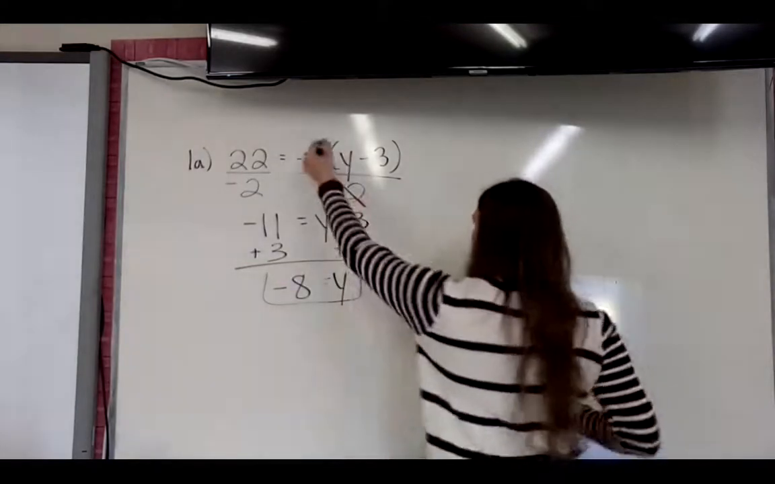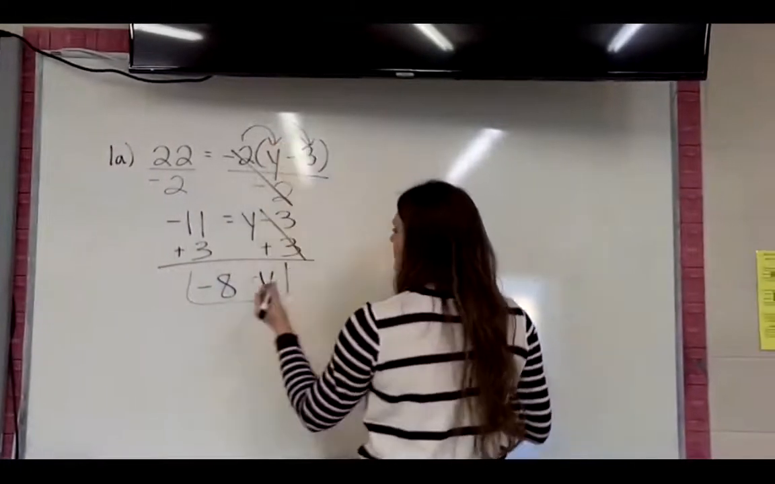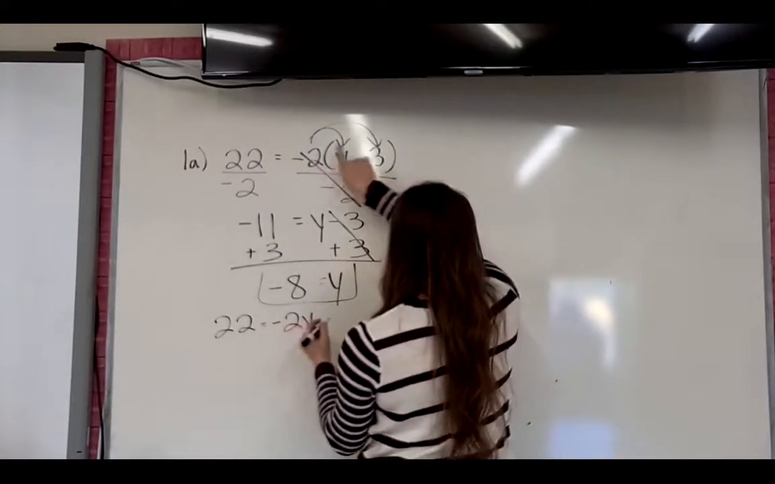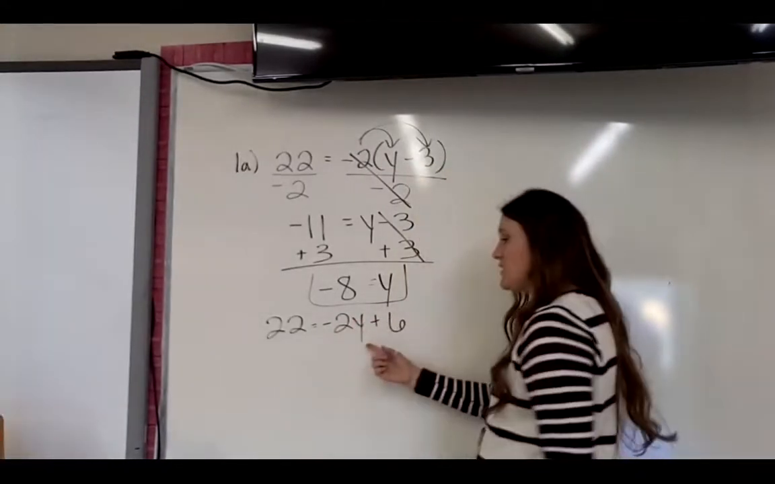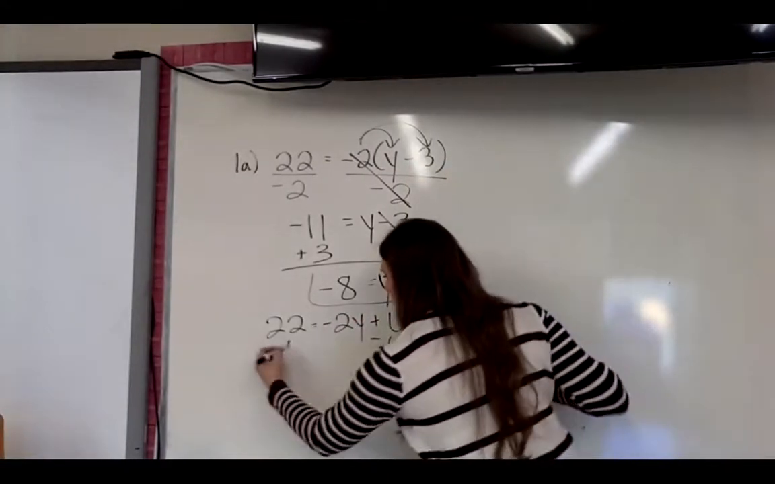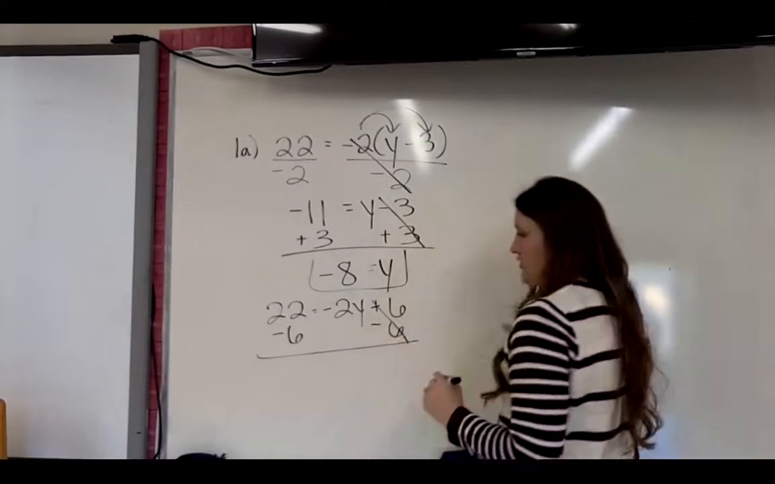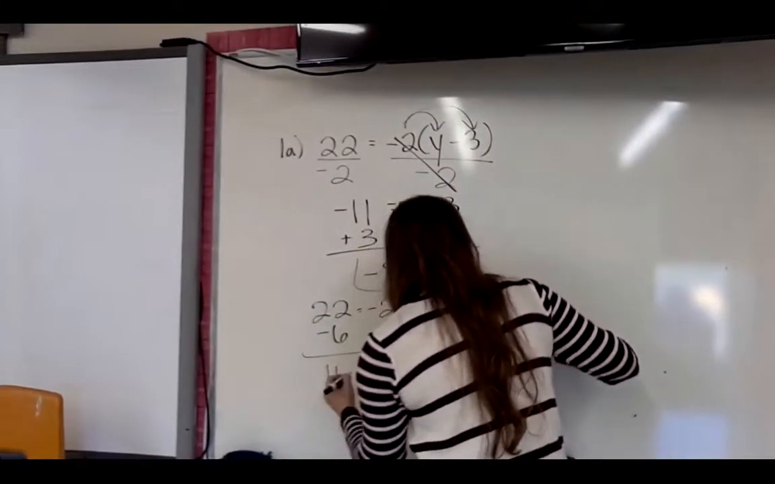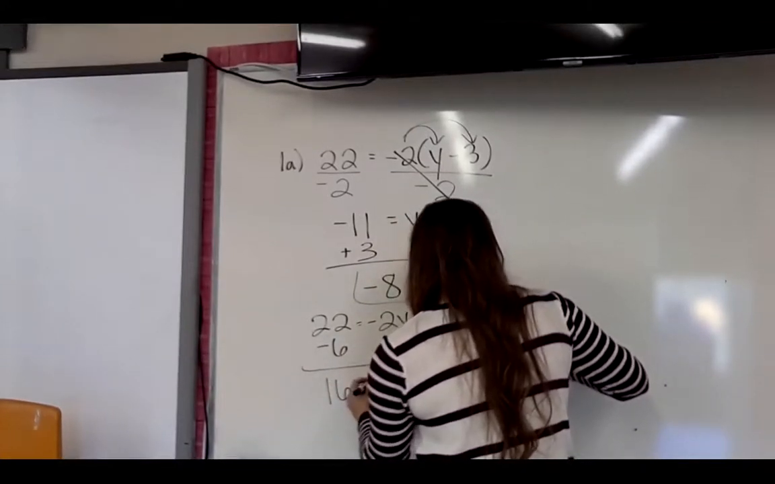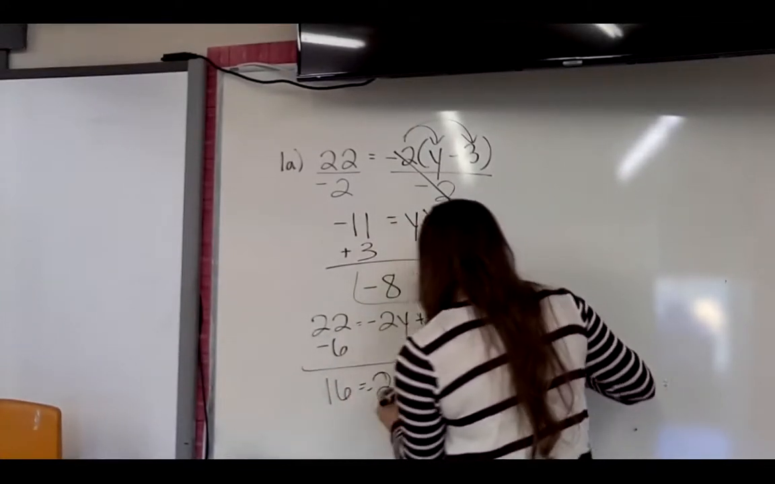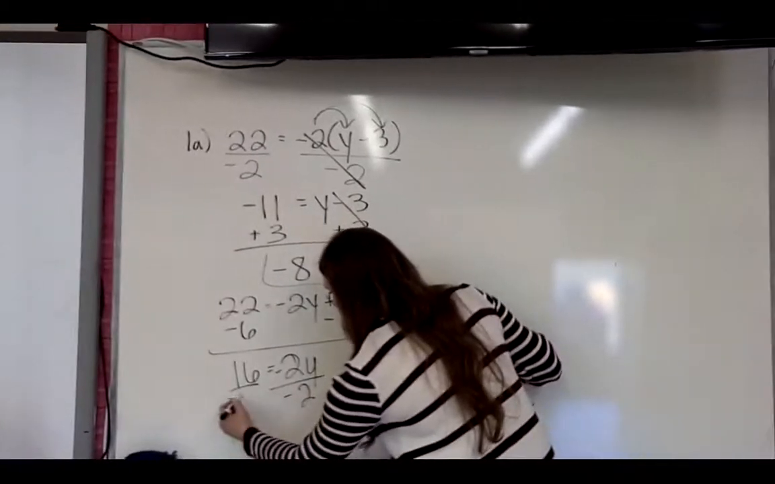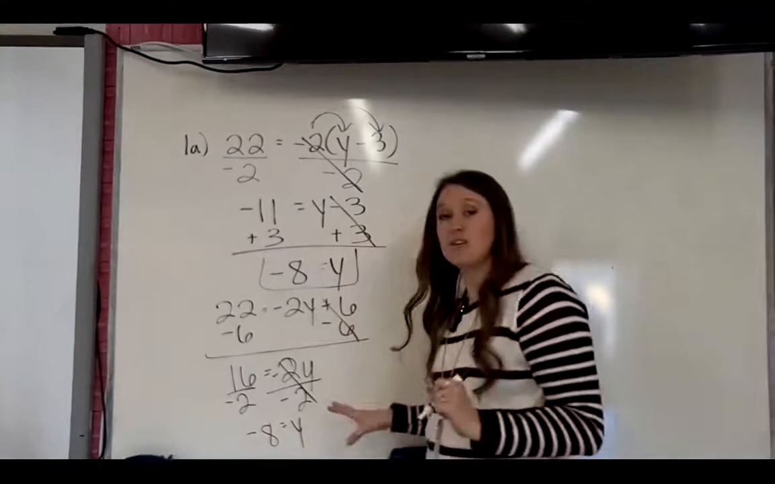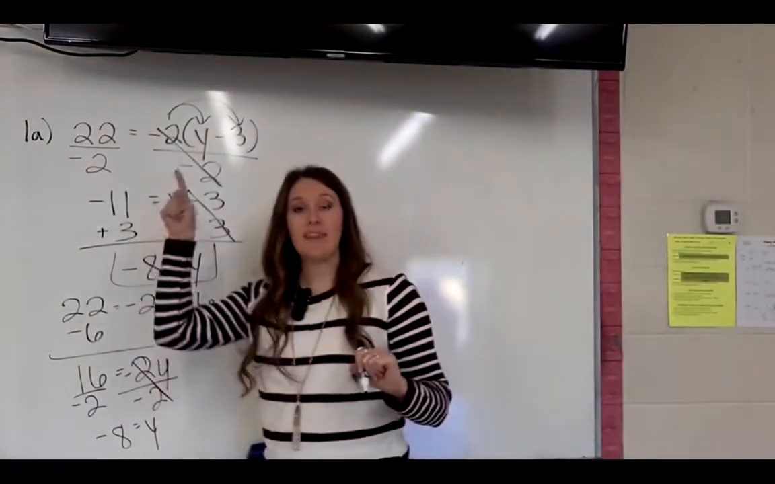If it still makes more sense for you to distribute this negative 2 and get 22 equals negative 2y minus 6, you could then solve for y. Add your 6, so 22 plus 6 is 28... Negative 2y, and then divide by negative 2 here, and you still get negative 8. That is totally fine to still use that way if it's a little easier, but this is now a trick